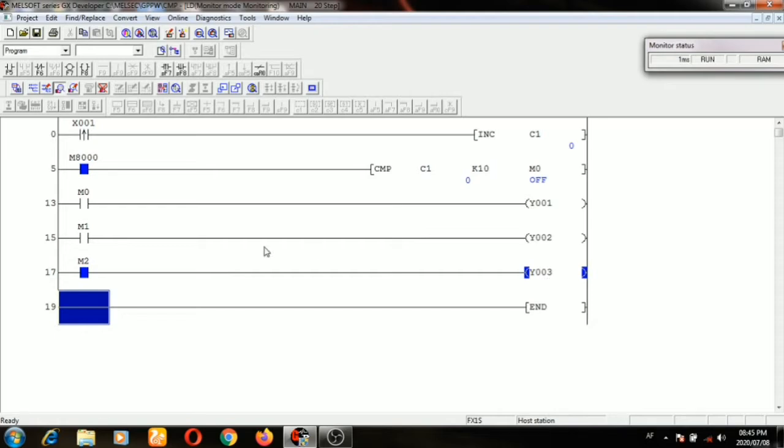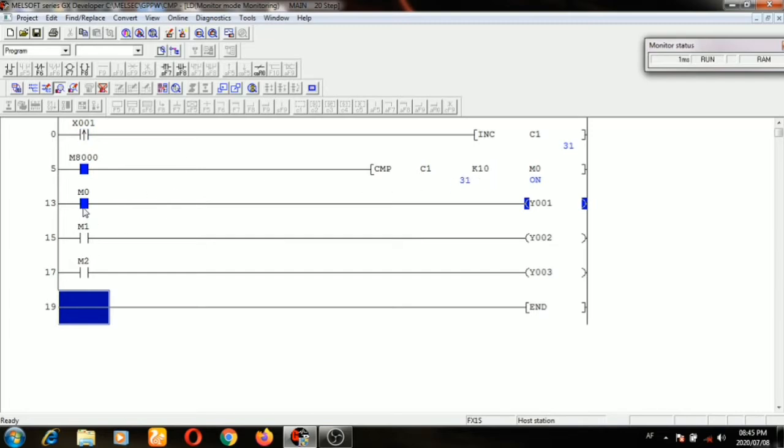If I press X1, the counter value increases 1, 2, 3, 4, 5, 6, 7, 8, 9, 10. Now C1 is 10, so M1 is operated. After the value of 10, you can see M0 will operate.